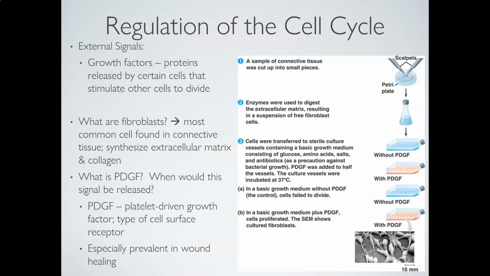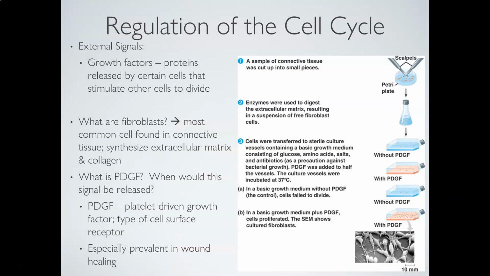So today we are going to wrap up our discussion on the regulation of the cell cycle by moving on to external signals. So things that cells are going to get from their environment or from neighboring cells to sort of prompt whether or not they should be dividing. External signals can come in a couple of different ways, one of which can be these molecular signals called growth factors. And these are proteins that are released by certain types of cells in multicellular organisms that actually stimulate other cells around them to divide.